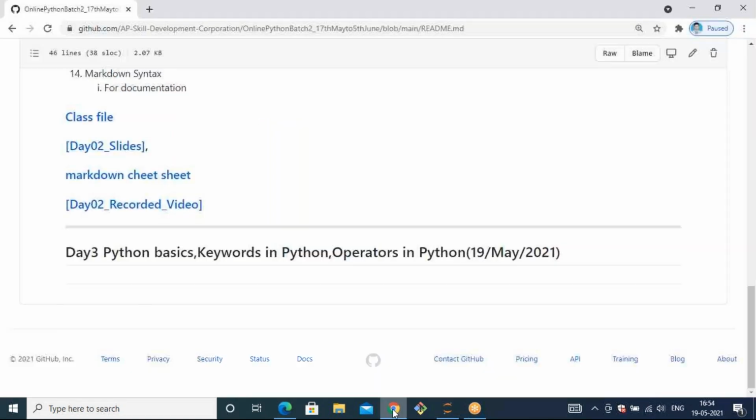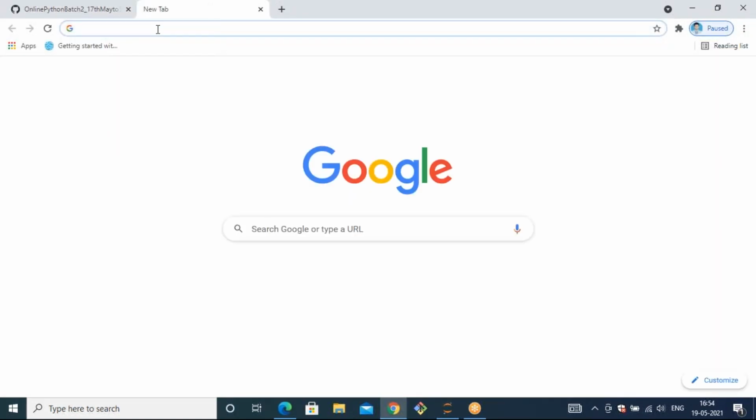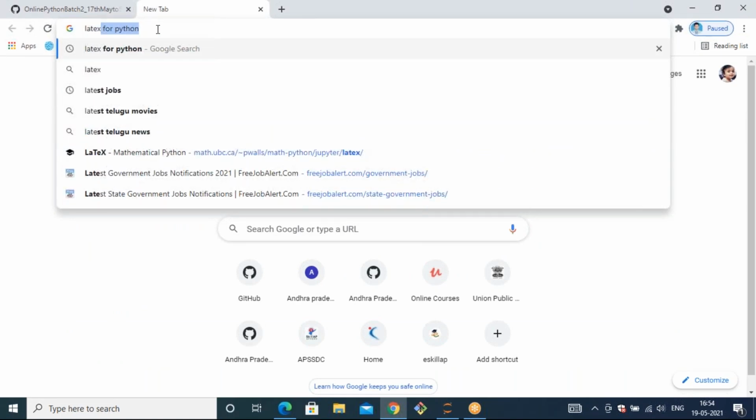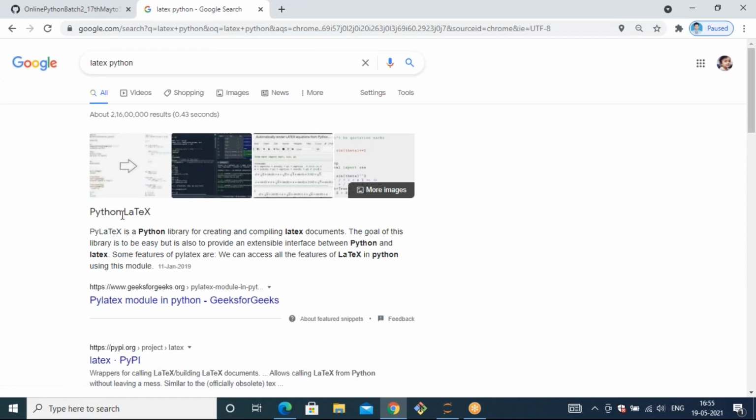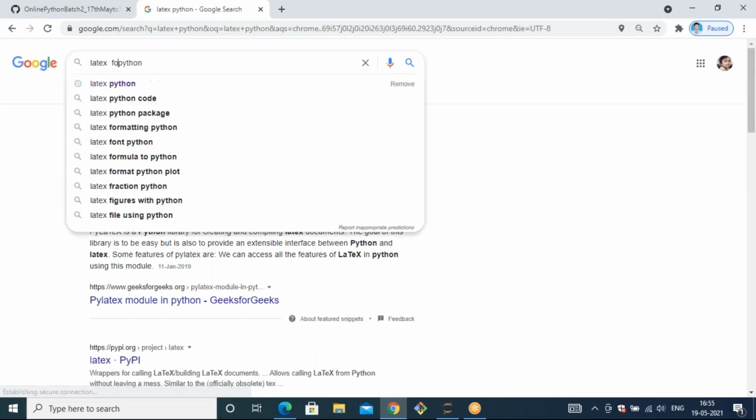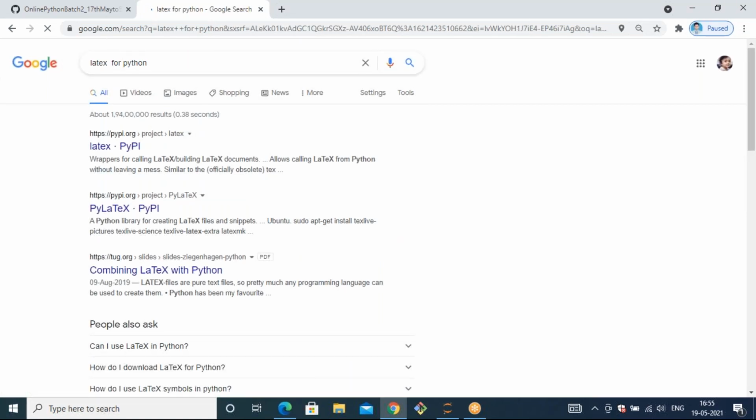If you want to know about this, just type LaTeX for Python in the browser.